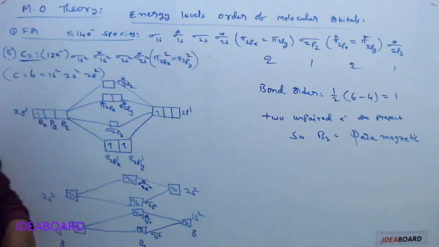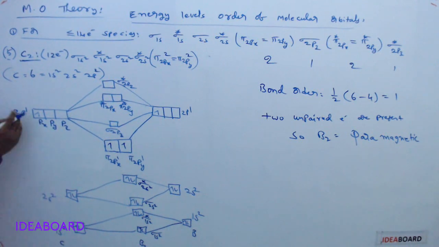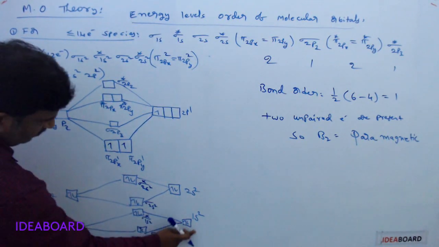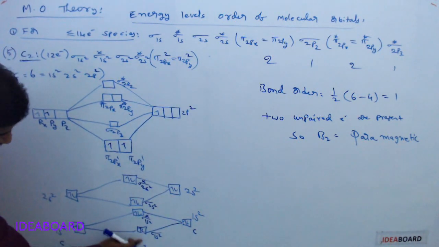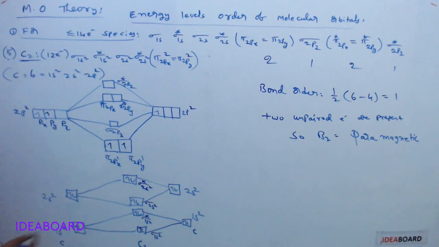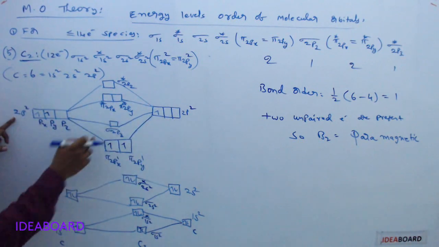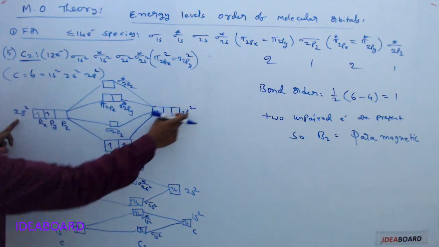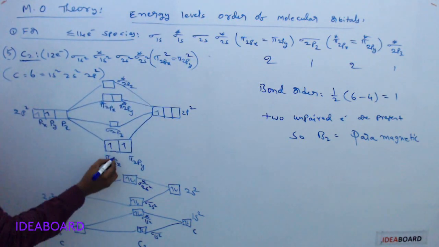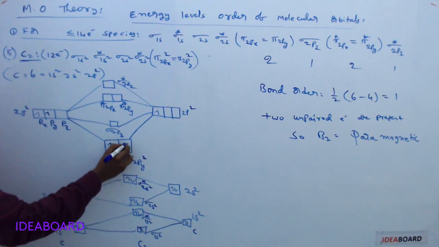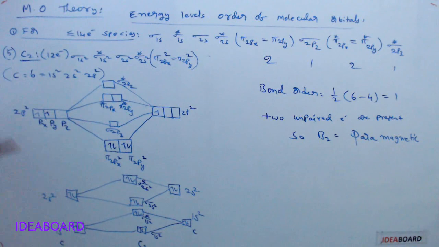This is the molecular configuration. For this writing, instead of boron we are taking carbon: 1s2, 2s2, 2p2. Here 2 electrons are present. Here also the carbon atom is 1s2, 2s2, 2p2. And here we are getting the carbon molecule, C2. We get the same configuration, but only in this there is a change. 2p2, 2p2: how many electrons do we have? 4 electrons, 4 electrons, already 2 filled. So I am writing pi 2px2, pi 2py2. So here 2, here 2. That's it. That is for the carbon molecule.